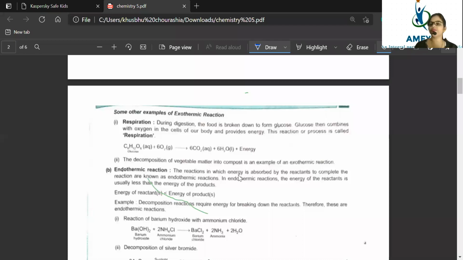Yes. And why? Because it is storing the energy. Fine. Golgi apparatus work is packaging and dispatching. Lysosomes are suicidal bags. So there are certain words which we are using. Nucleus work is storing the heredity information and transmitting it to upcoming offsprings. Okay, so there are many important things I've studied in class 9.